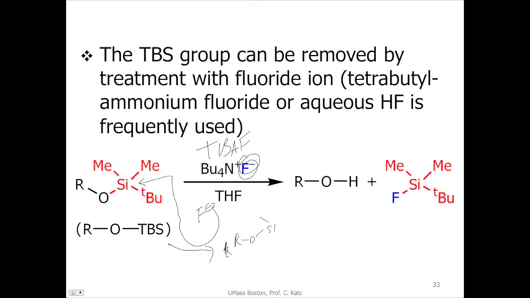RO, Si, methyl, tert-butyl. Here's your fluoro. All right. And so now you have this guy right here, which has this negative charge here. And this is going to break down just like it broke down before when you were adding the alcohol onto the chlorosilane. So this breaks off here spontaneously as this just snaps off, giving you your